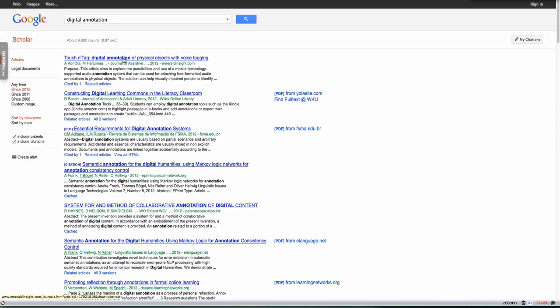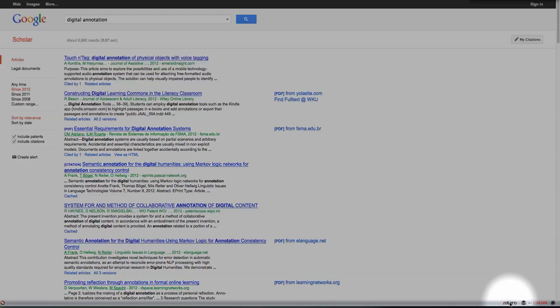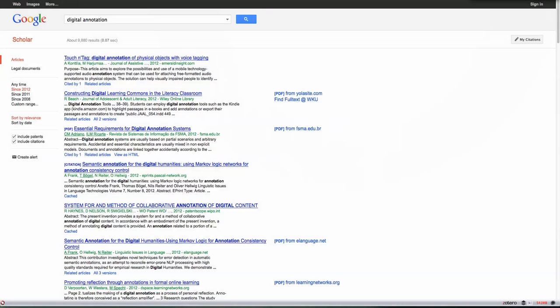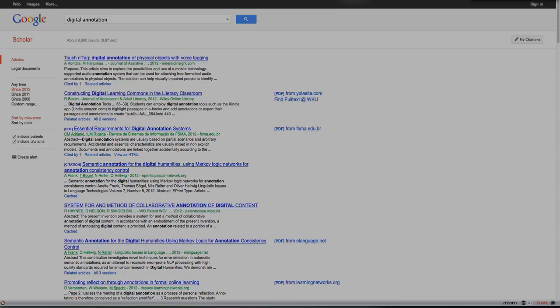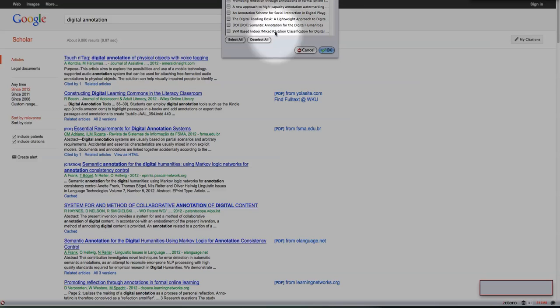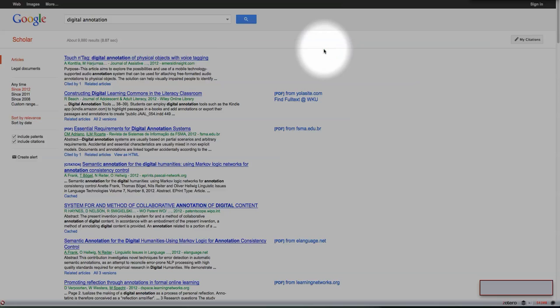If you'll notice, up at the top here, there's a little folder that's appeared. If you have Diigo installed, Diigo is down here, Zotero is down here. If you have it installed, this will automatically appear when you have a Zotero ready site. So if I click on that, it gives me a list of all the items that are on this page. And if I select this one and this one and click OK,